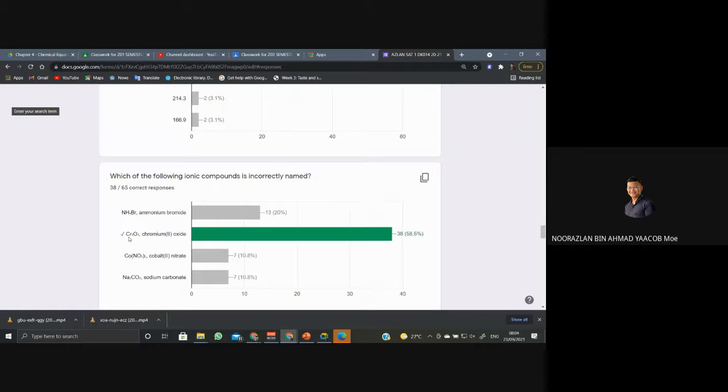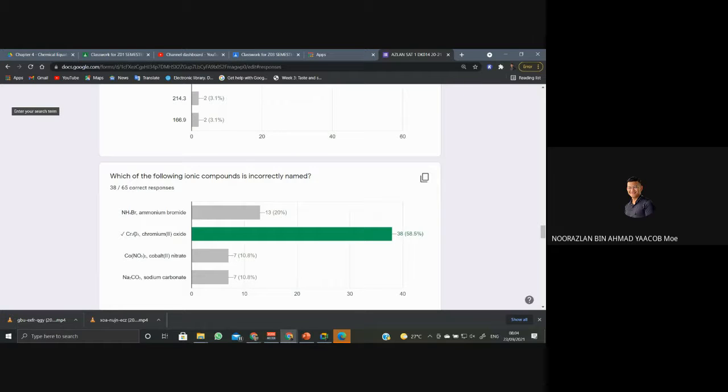This one, Cr2O3, this is chromium oxide. Okay, tapi this is negative, this is positive 3, so chromium 3 oxide. This is chromium 3 oxide. So ni kamu kena buat yang darab silang tu balik, pecahkan daripada nama dia, tengok whether the formula betul